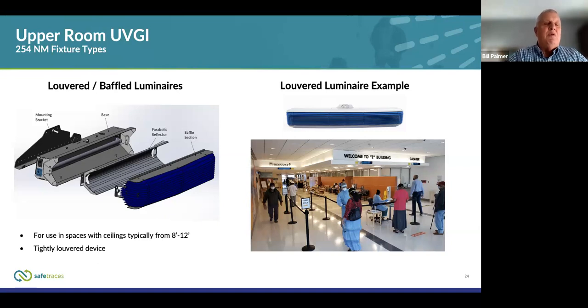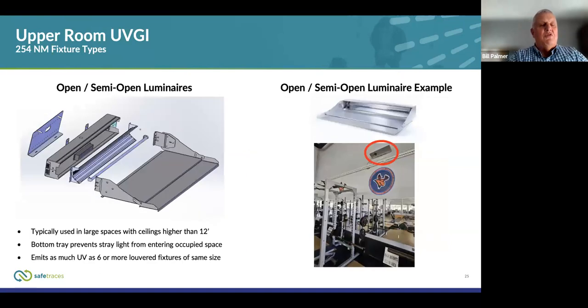However, it probably reduces the total output from these fixtures by about 90%. So that 10% of output is sufficient to create a very effective disinfection zone in the upper room. But it also seems a bit wasteful. So what we do, next slide, for rooms with a taller ceiling where we're less concerned about reflection of the